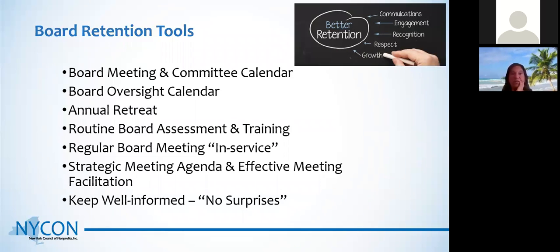And then I think it's really important that board members feel informed and engaged and not surprised. If there are big issues, don't keep them secret. If you think you might be losing a grant that you've had for a long time, or you lost a big donor, or if the organization is in a financial crisis because of COVID, you need to engage your board, communicate with them, and make sure that they are bought into solving the problems and not surprised at the last minute with information.